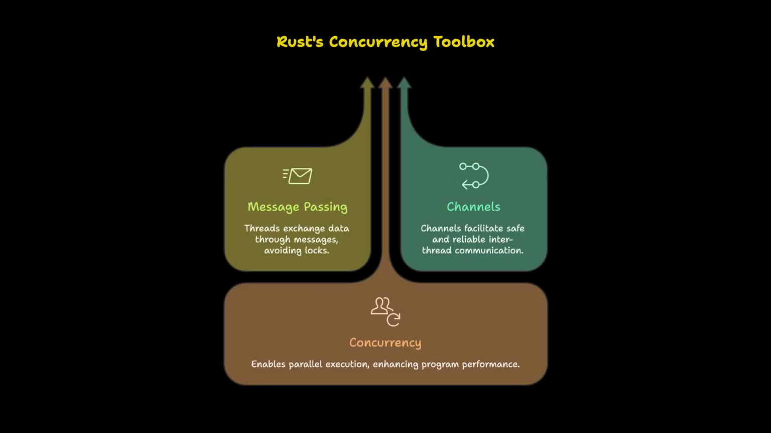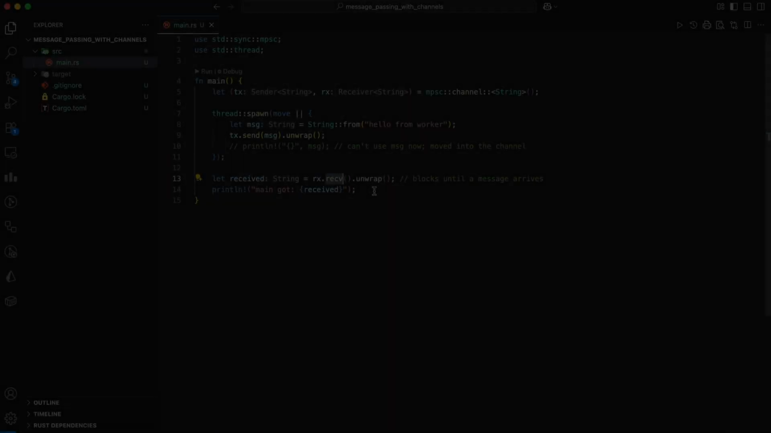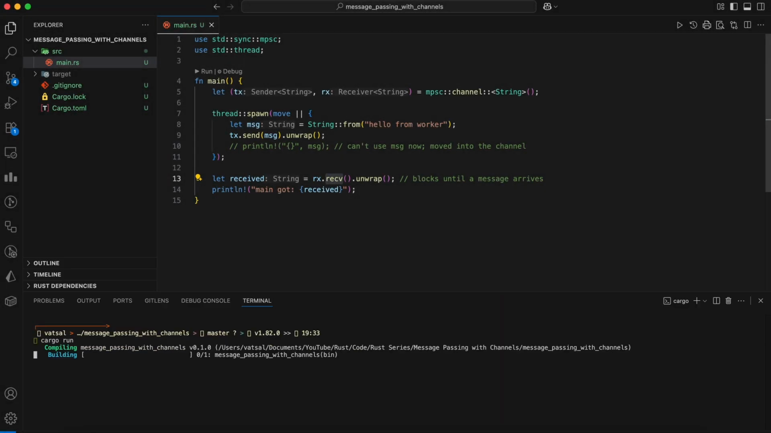Today we're going hands-on with one of my favorite parts of Rust's concurrency toolbox, message passing with channels. If you've ever wanted threads to talk to each other without sharing locks and mutable state, channels are your new best friend. We'll build from a tiny hello all the way to a mini pipeline with multiple producers, timeouts, and